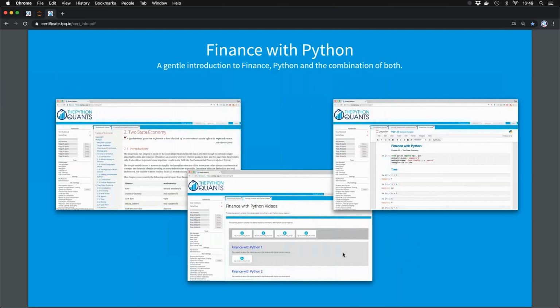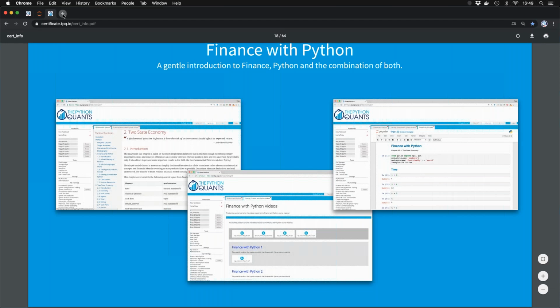For basically all the classes, you have three types of resources. The one is the documentation, the written documentation that you see here on the left-hand side, either as HTML presented on the Quant platform or as a PDF that you can download and maybe read on your pad on the go. Then we have the videos, and we have also here the Jupyter Notebook.